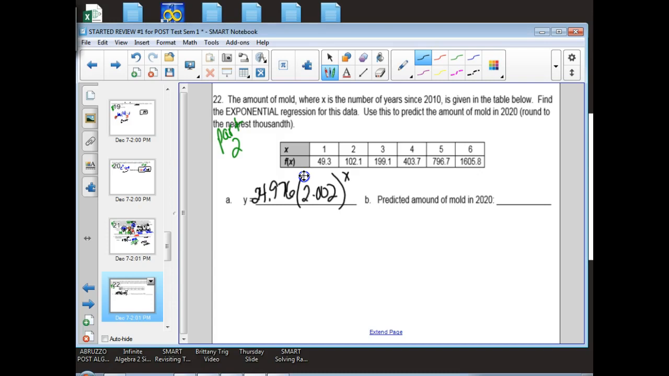And then predict the amount of mold in 2020. So remember it says right here years since 2010, so we're going to be plugging in a 10 for x. It does say to round to the nearest thousand. So use your regression equation in your y equals screen and either use your trace or your table, and you should get